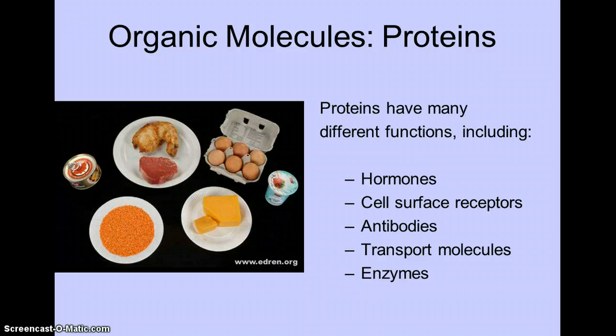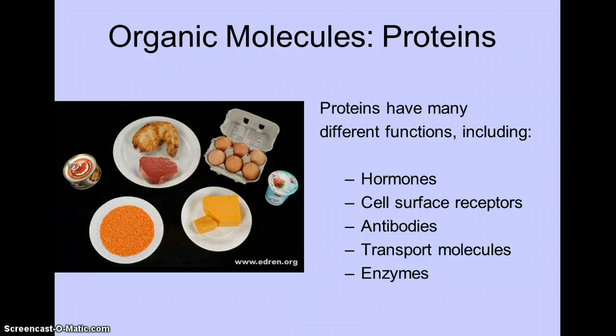proteins. Hormones are chemicals that are used as messengers in the body. Some hormones are lipids, as we talked about in the last screencast, but many others are actually proteins. Our body's cells have receptors on their surface, which we will talk about more in the cell chapter in class. Many of those receptors on the surface of cells are actually proteins as well. Antibodies are protein molecules that we produce to fight off microorganisms and other foreign and potentially harmful things that have entered the body. In addition, all enzymes, those molecules that speed up chemical reactions, are proteins, as are several molecules that act as transporters in the body.